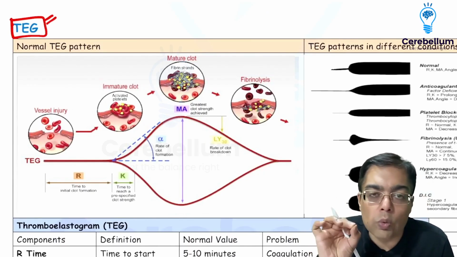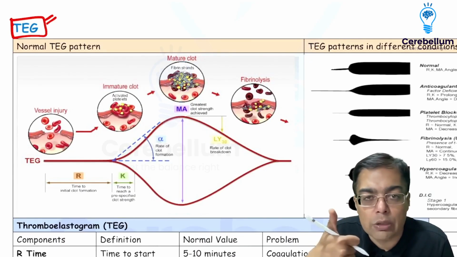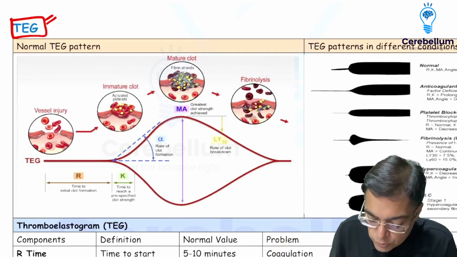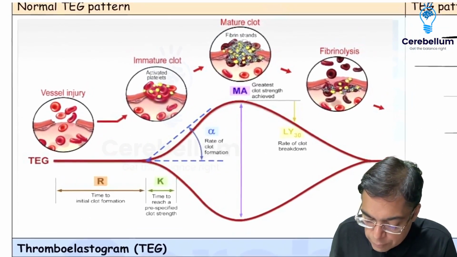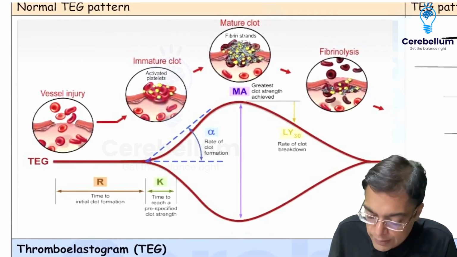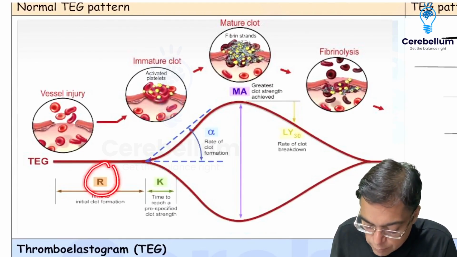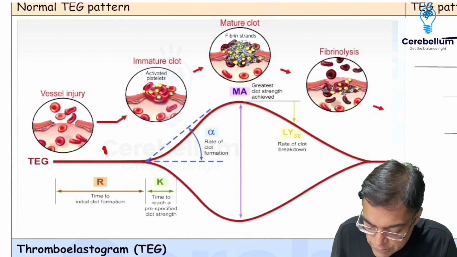Because we do not want to carry out separate tests to see for the functioning of clotting factors, for platelets, for fibrinolytic pathway. So this is a single test which can give you an idea about the functioning of each of these components. It is an example of a graphical representation wherein different parts are present, and we are having the presence of what is given the name of the phase 1,